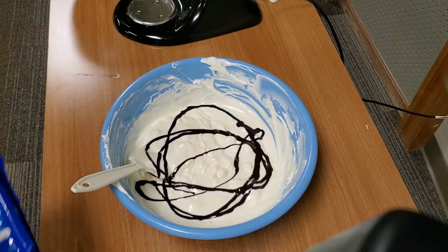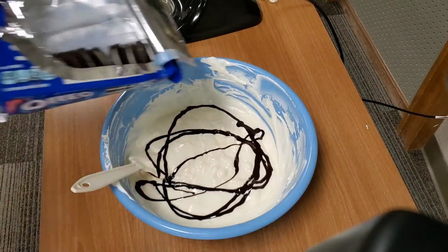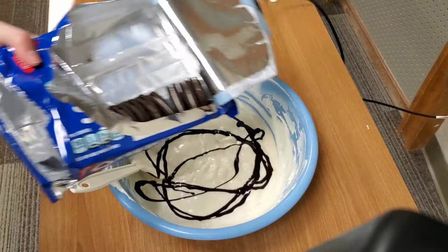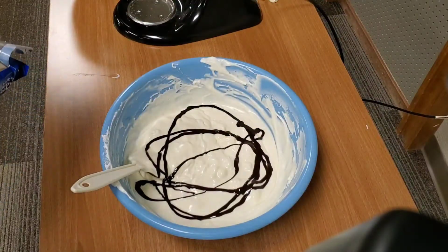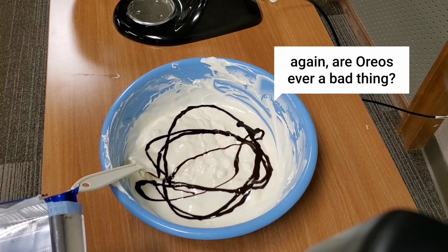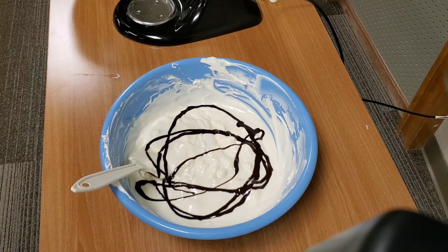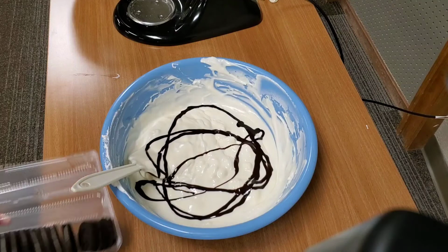And then I have some Oreos left over from the hockey pucks. It's just one sleeve of them. To use them up, I'm going to put them all in. Is that a great idea? Probably not. And I'm going to crush them in because I learned with the cherries that you don't want things that are whole in there because they'll be too heavy and they'll settle to the bottom. So what I'm going to try and do